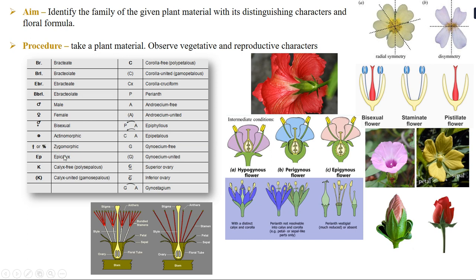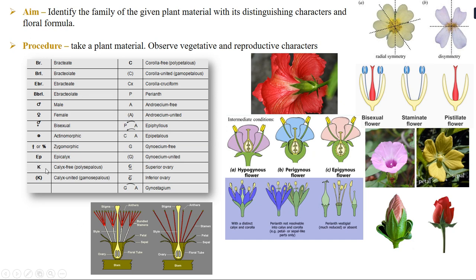Okay, coming to the next character, that is epicalyx. So epicalyx, I have already told you all, the bracts or the bracteoles, a bunch of bracts or the bracteoles, it is called as epicalyx. And epicalyx is simply written as EP, where E is capital and P is small. Okay, coming to the next character, that is the calyx or the sepals. So the green structure that you can see over here, this picture, the green structure, these are called the calyx. Okay. Now calyx is being denoted by a letter K.